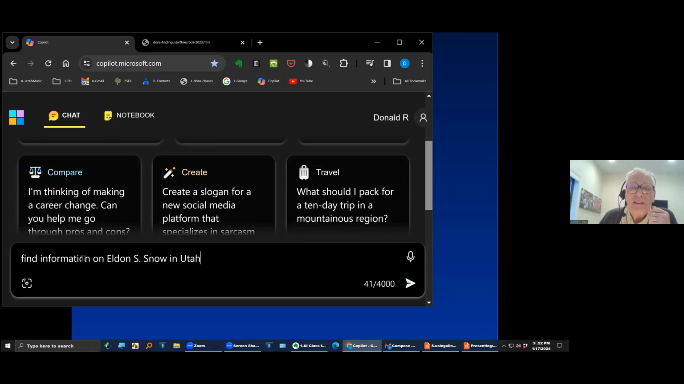Dad was born in St. George and lived in, well, he was actually born in Bunkerville, Nevada, and then lived in St. George. And then First World War, he was over in France and Germany, and then he went to dental school at USC in Los Angeles and so on. I'm just saying, find information about Eldon S. Snow in Utah. Now over here to the right, you see where it says submit